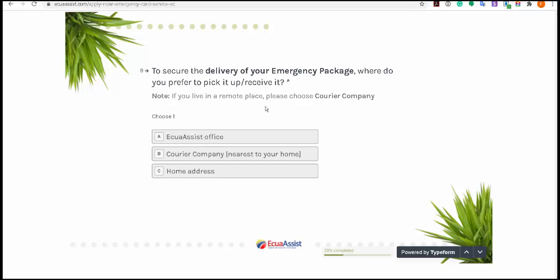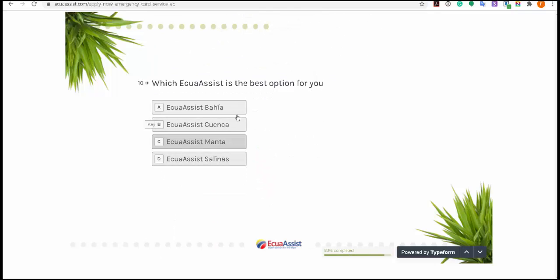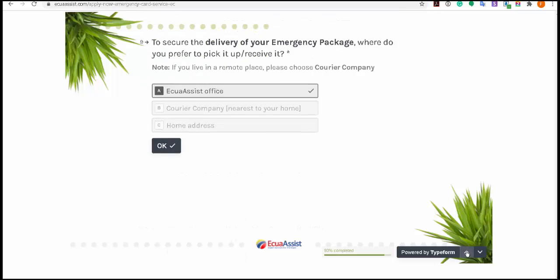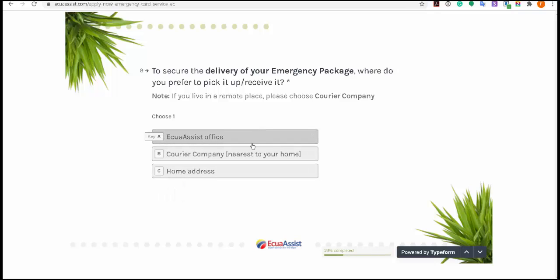And next, how do you want your card delivered? So you have three options here. If you select the EcuaAssist office and then go to OK, if you live near one of these offices, then you can select that office. But let's say we want to change our mind. We have other options. To change our mind here, we click on this again to unselect it,